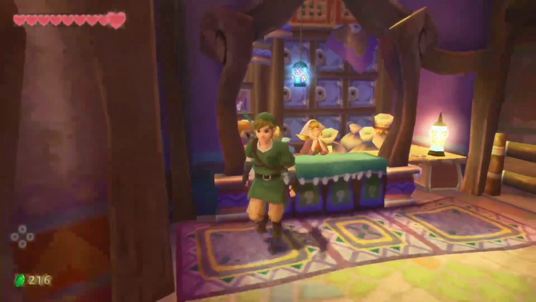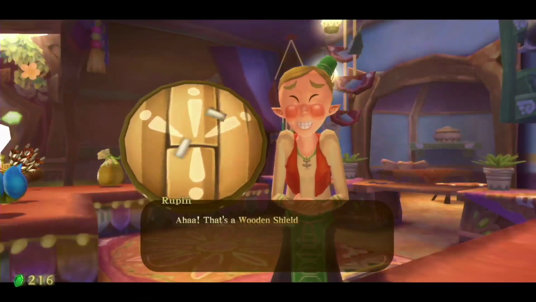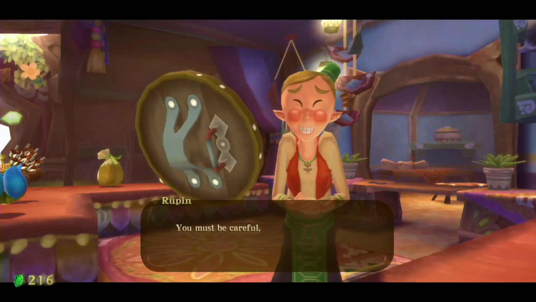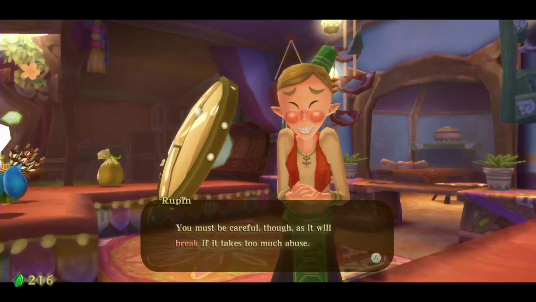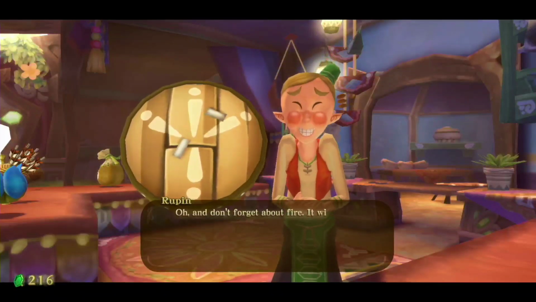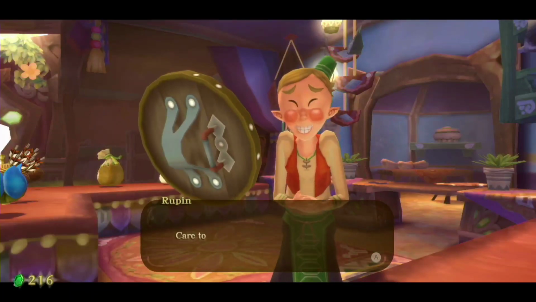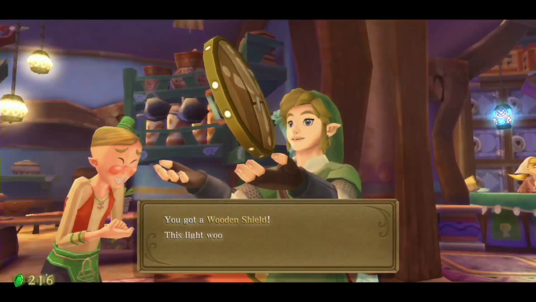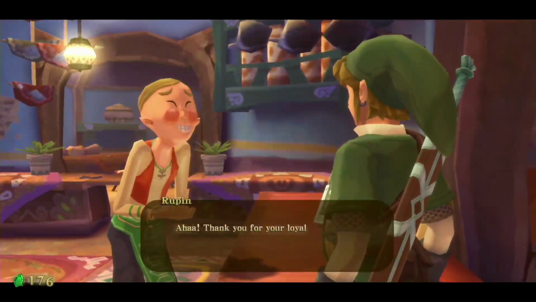Now that we've gotten rid of our shield, we can go ahead and repurchase the wooden shield. So let's go ahead and do that right now. Now, the wooden shield is a balance between durability and, yeah, the only thing is the wooden shield is susceptible to fire-based attacks, so it will break. So we got our wooden shield,